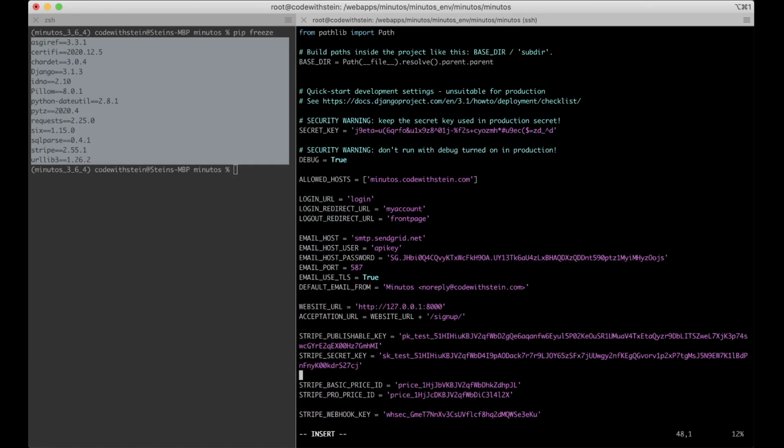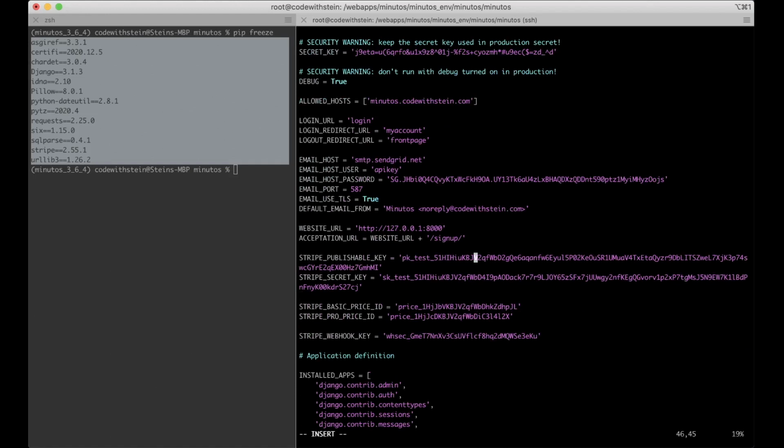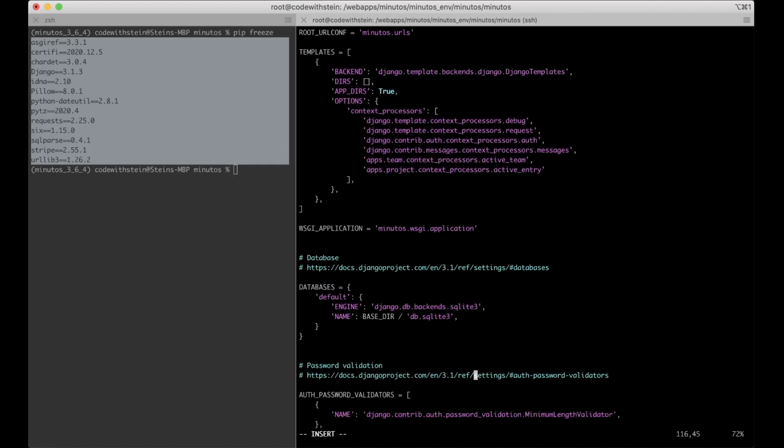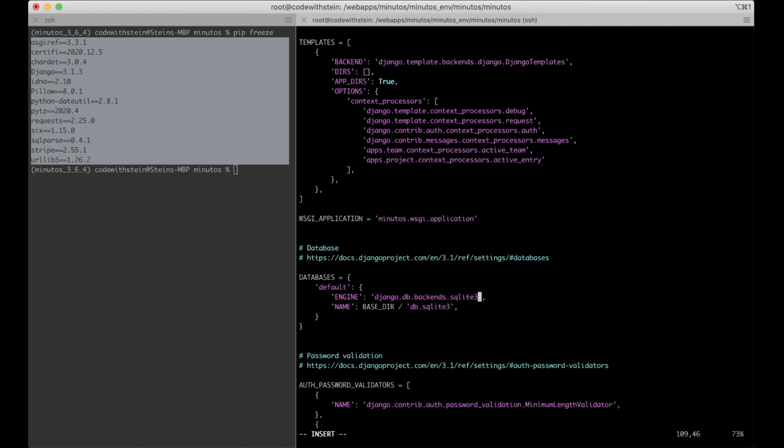Then I can scroll further down. These two also have to be changed when I go to production, but since this is just a test for me, I'm not going to do it. Then I can go down and find the database. Instead of using SQLite 3, we're going to use PostgreSQL, psycopg2, and then the name of the database we created, which is minutus,